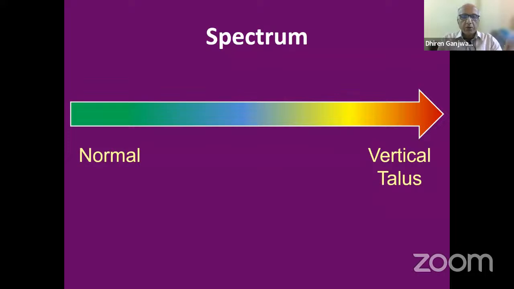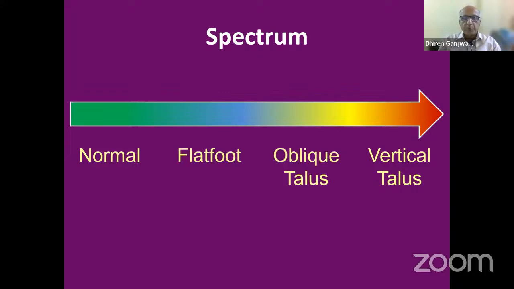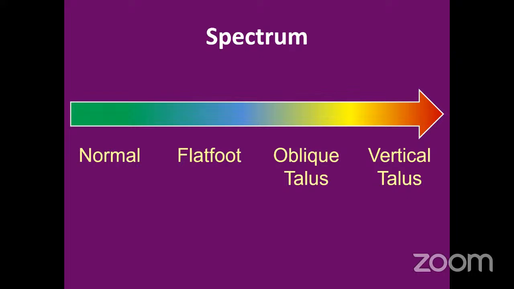So then we thought that when we look at the vertical talus, it's a spectrum. On the left, we have a normal foot. Then on the right, we have a classical vertical talus. In between, we have a flat foot and an oblique talus. Now, the sad part is that,